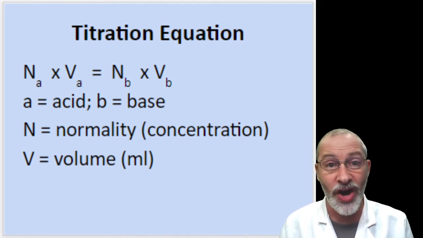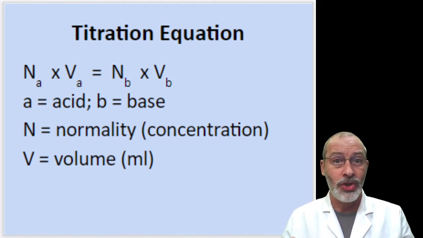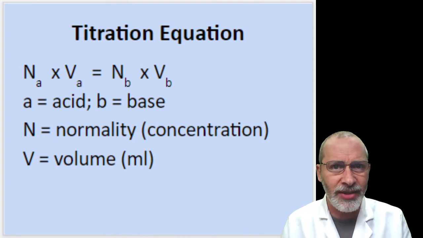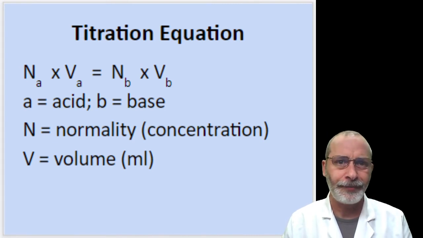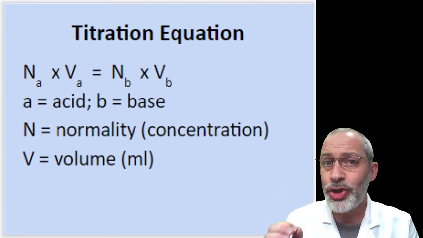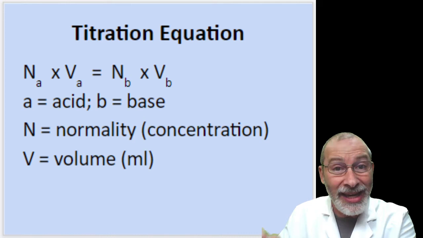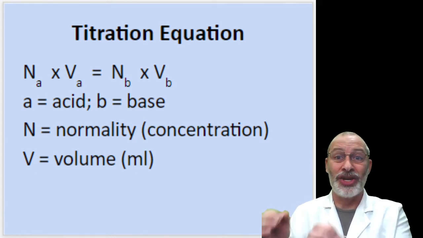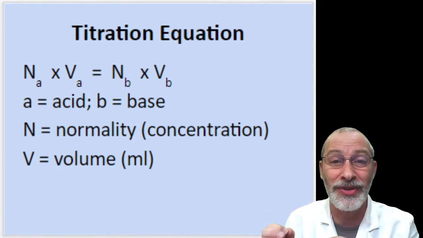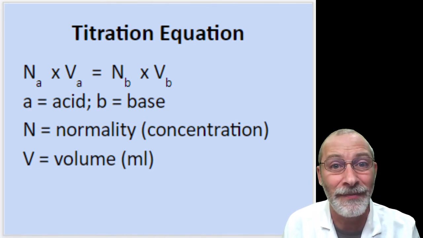V, a measure of volume in milliliters. So look at the equation here. Basically what you have is this. The concentration times the volume of an acid is always equal to the concentration times the volume of a base